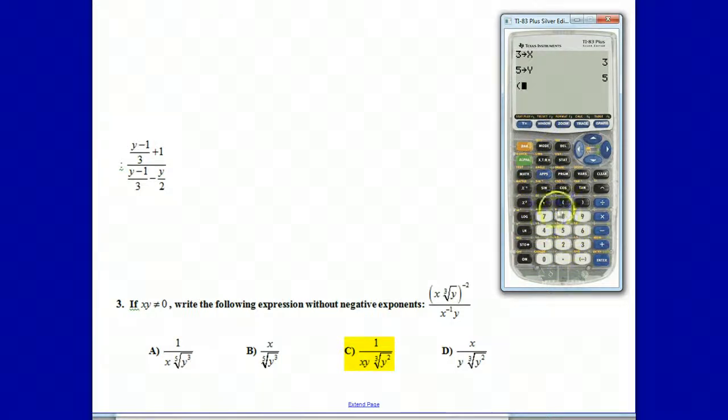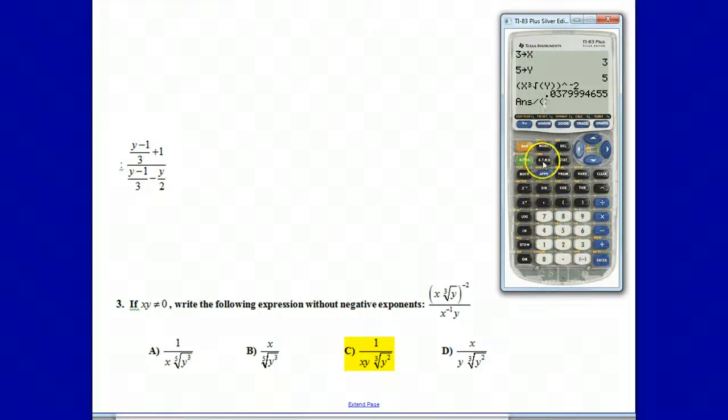So let's try it. I put in X, math number 4. I put Y in, alpha Y, close it up, and then raise to the -3. Oh, excuse me, -2. That will mess up everything. Okay, I will get that answer. I don't care what it is yet. Divided by